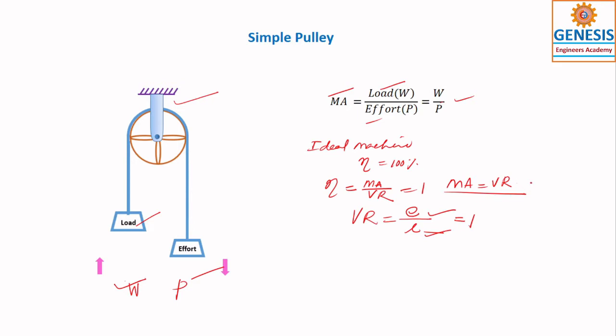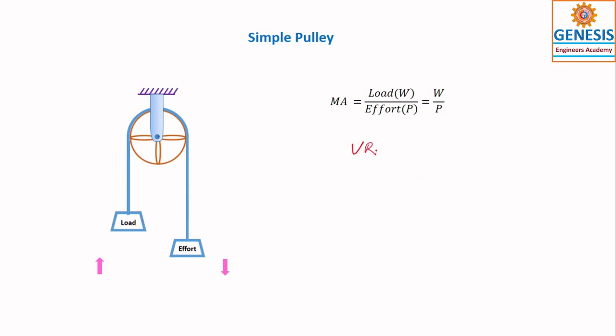Understand? So the mechanical advantage and velocity ratio are equal to 1, and that is why the efficiency is 100%. So what you are getting is a velocity ratio of 1 in this case. The distance moved by the effort is the same as the distance moved by the load. So you are not getting any benefit, but you have to apply this type of simple machine to move the load up. So there is no higher velocity ratio. You got my point, right?